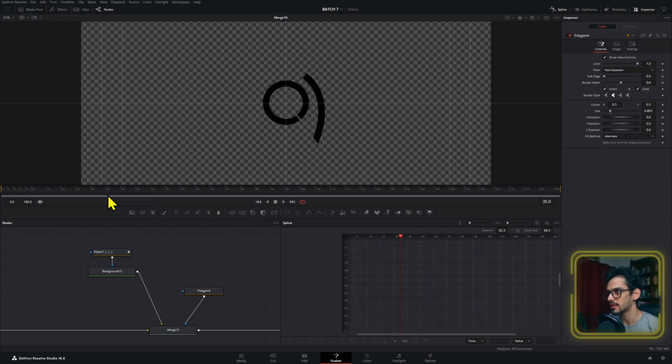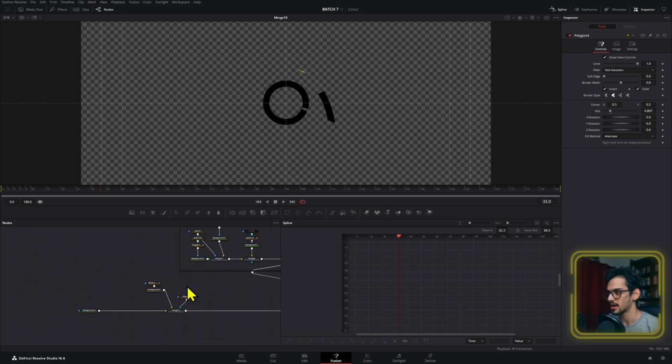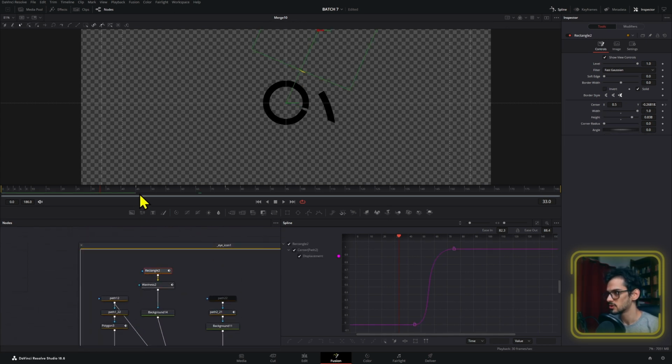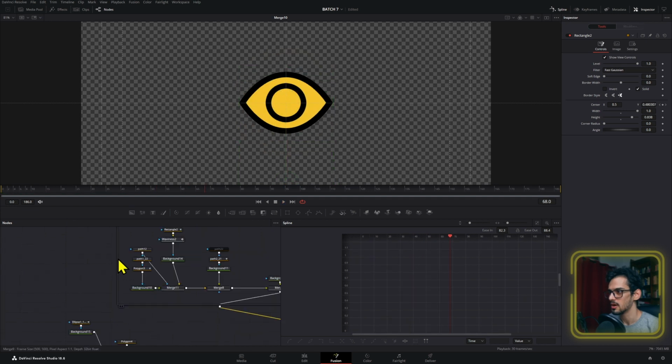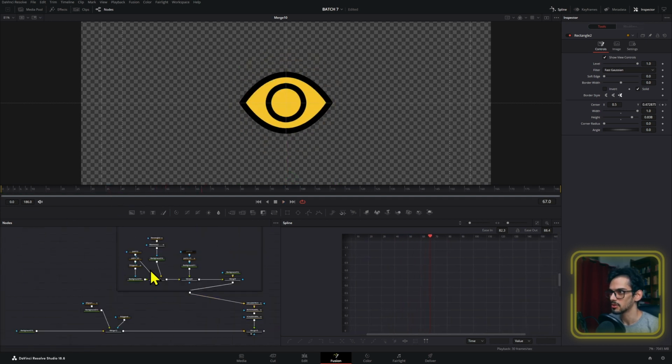Now, a thing that I noticed right here is that there was this little yellow thing, which is our rectangle. So go to 45 and make sure this one is a little bit further away. That way that little imperfection doesn't show up there. Okay, and now if we take a look, we have that animation and the wave happens after our shape has